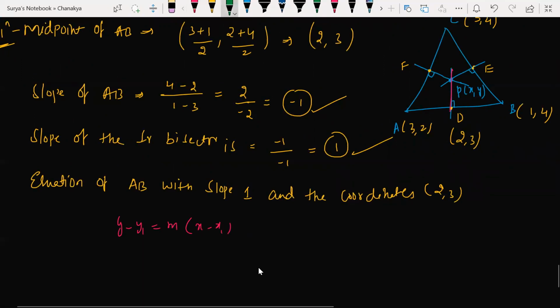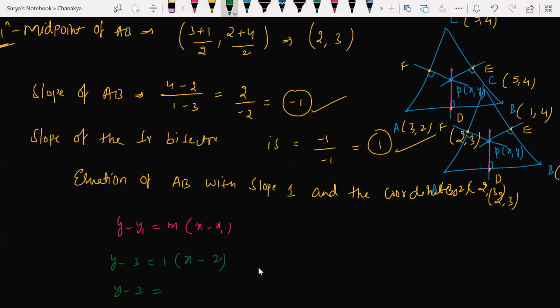This is the same equation. Y1 is 3, m is 1, x minus x1. So y minus 3 is equal